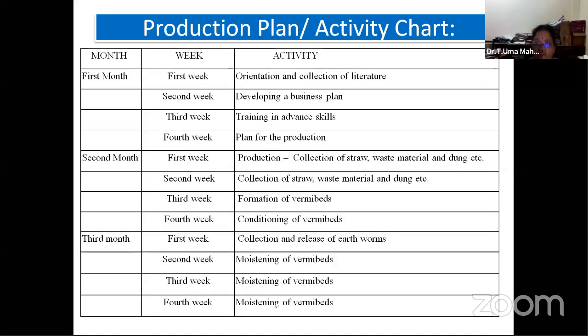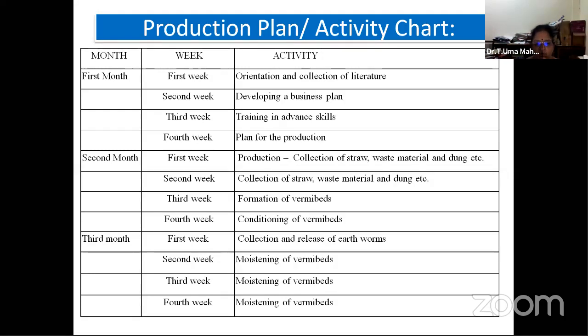So this is a process where it is a mixture of things which we do, and they will start producing. Already I told you the development period from hatching to the clitellum formation is around 50 to 55 days. We already have 10 days for preconditioning, again 50, so totally 60 to 65 days are over. Now what happened? After 65 days, when we see the bed, no smell will be coming, no leaf or waste material will be seen, and the entire thing will be converted into brown color, which is nothing but the excreta from the earthworms. Now it has totally converted into vermicompost.